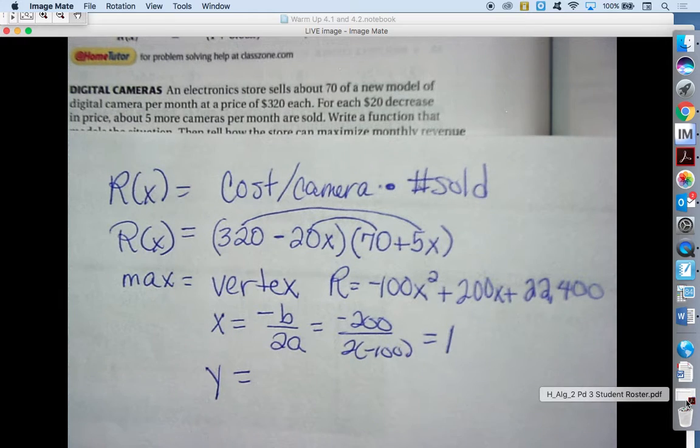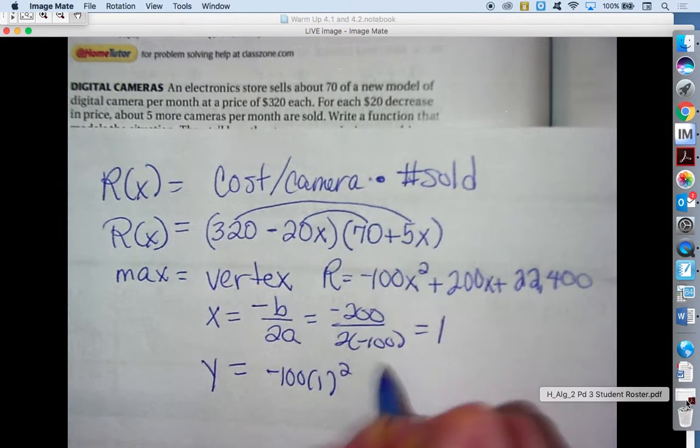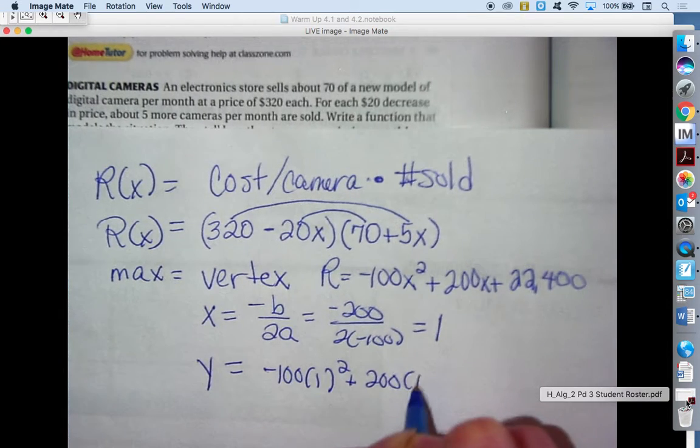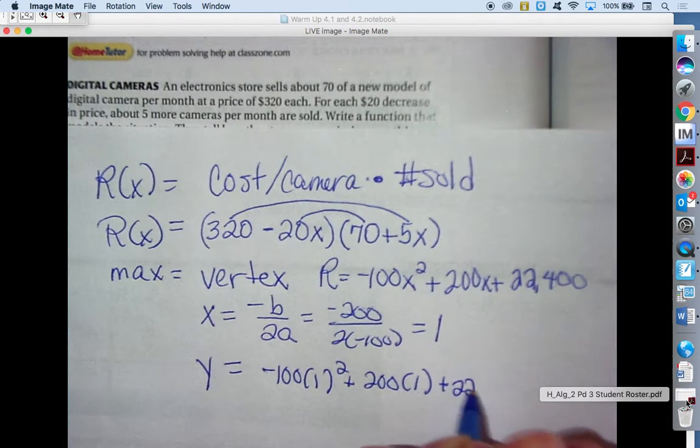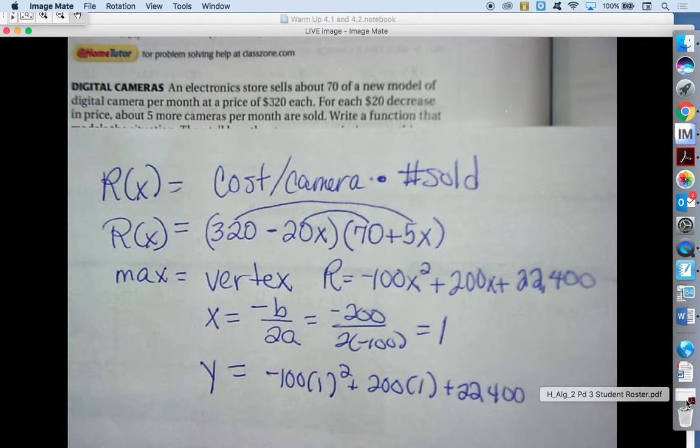If you want, you can rewrite them. Just make sure you keep the minus sign in the problem. So when you plug in the 1, you could plug in the 1 into the FOILed problem, or you could plug in the 1 into the x's right here, because it's already in multiplied form. Just by plugging a 1 in, you have 320 minus 20, so that's